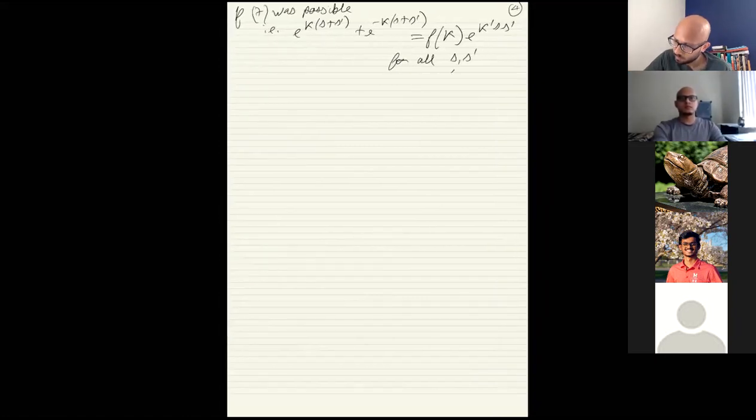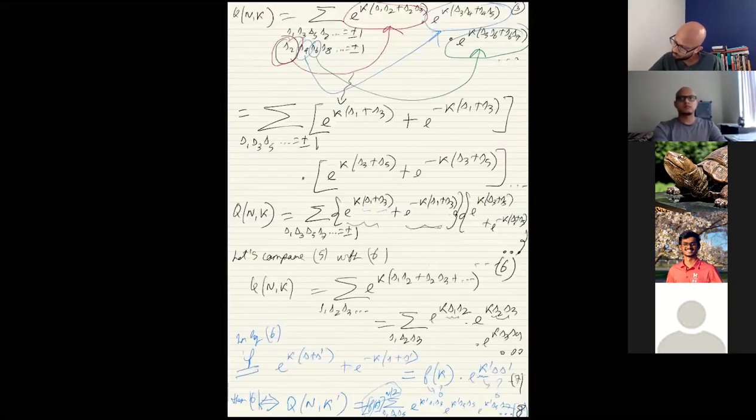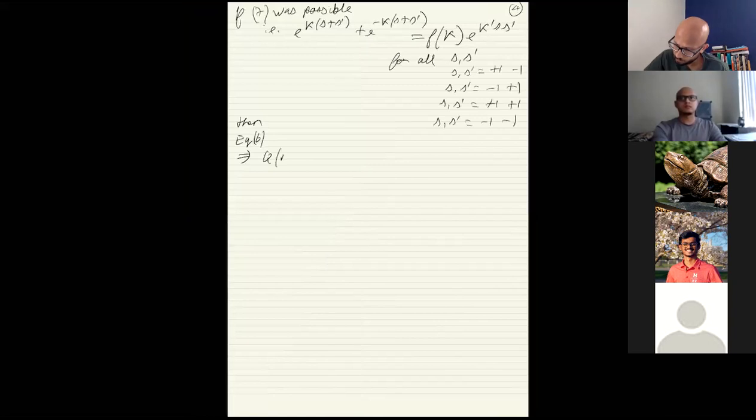That means 4 values. It means s s prime is equal to +1, -1; s s prime is equal to -1, +1; s s prime is equal to +1, +1; s s prime is equal to -1, -1. So 4 possible cases. If we could do this for 4 possible cases, then equation 6 leads to equation 8, which is q of n comma k prime is equal to f of k to the power n by 2 summation s1 s3 s5 e to the power k prime (s1 s3 plus s3 s5 plus